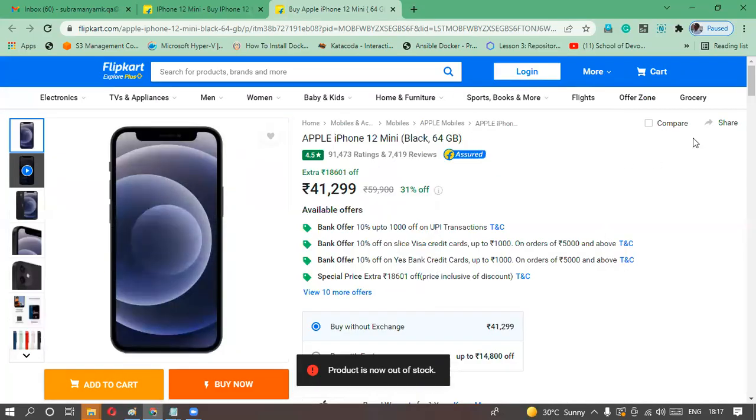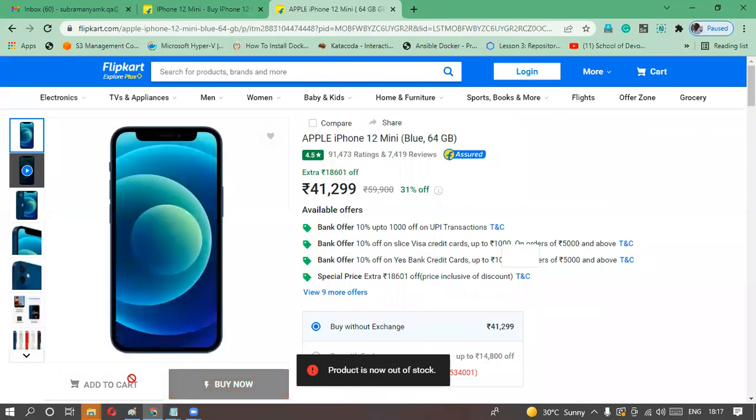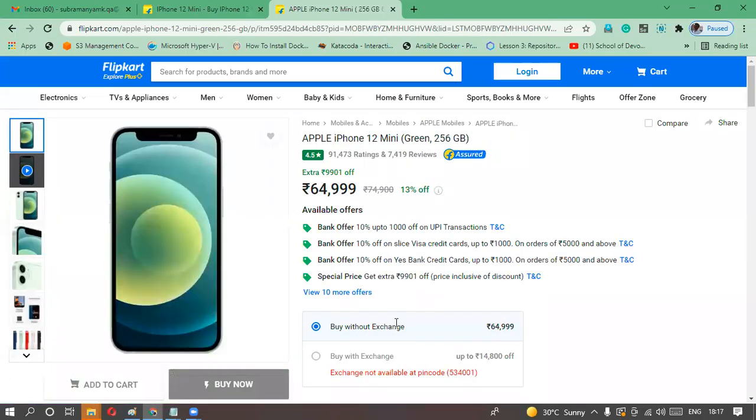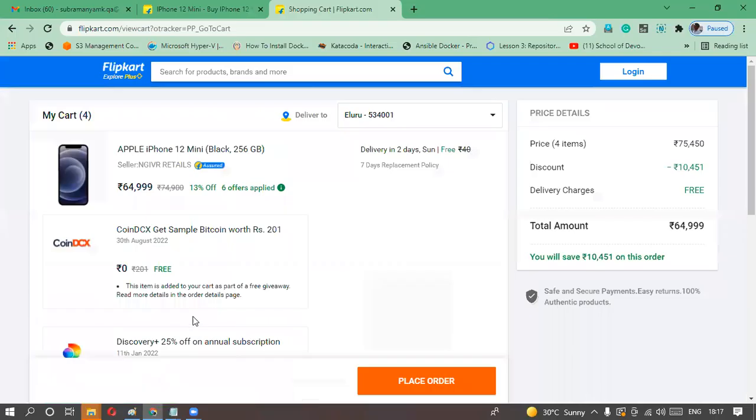That is actual. Expected step should be once we click on add to cart, this product is out of stock. All are out of stock. Yes. So once we click on the add to cart, the item should appear in my cart page. Okay. And click on the place order. Once you place order, it should navigate to the billing page,